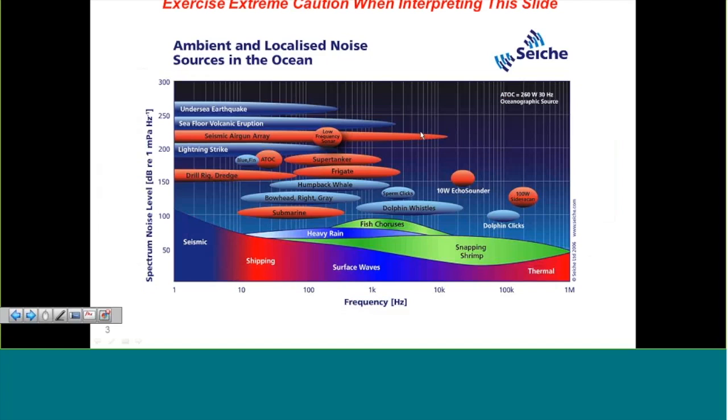One of the things that's often talked about in the ocean is the ambient noise. And this curve was put together by Seish, and I'm using it, and my red writing here says to use it with extreme caution because really it's kind of a mismatch of a lot of different things. It combines on the bottom part of it where you see seismic, shipping, surface waves, thermal noise. Those are things that are typically in the Wenz curves, or the curves that are used to identify noise in the ocean. But overridden on this are specific sources of a lot of different things that are contributors to the